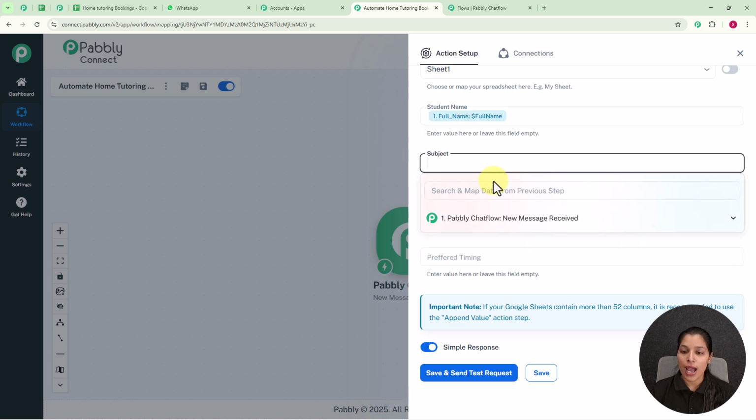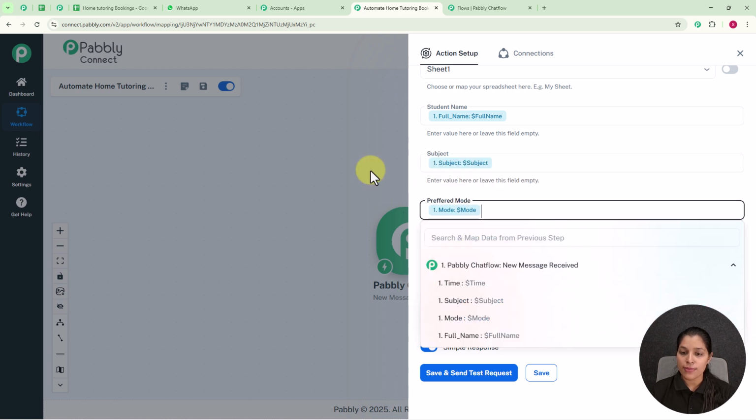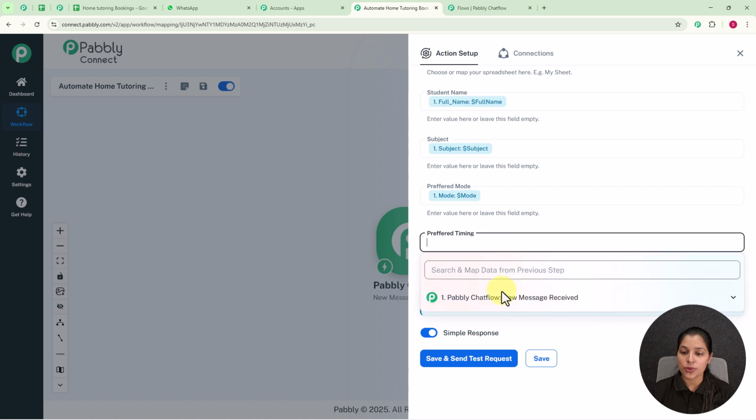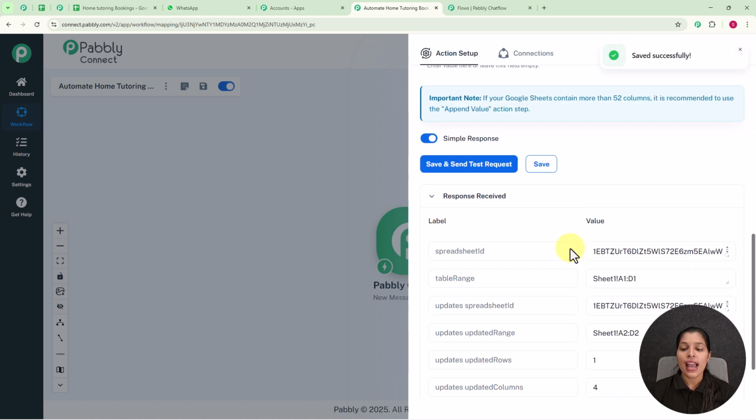Here I have mapped it, and afterwards I am going to map the subject, then I have mapped the preferred mode, and next I am going to map the timing. So here I have mapped all these fields. Now, as soon as my user provides the responses, all these fields will be replaced with every new response. Now we simply have to click on Save and Send Test Request,